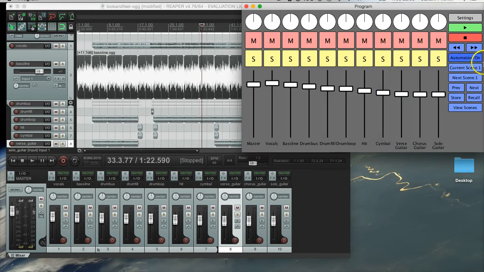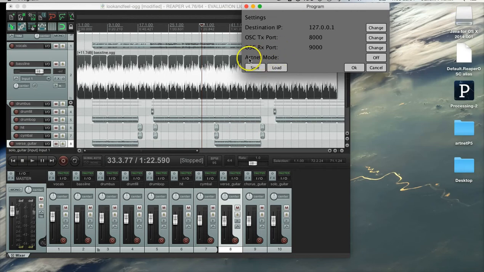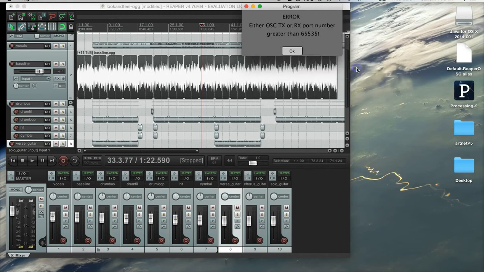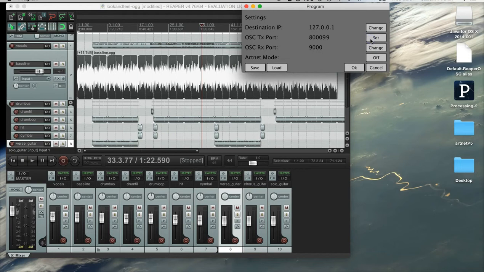Going back to my main page and going back to my settings, I also have the ability to save and load settings and change such items, like the destination IP as mentioned earlier. This again has error checking, so if I try and include a letter and then click OK, it tells me it's alpha characters, so I go and restore that. I obviously can't enter really high port numbers due to the restrictions in the TCP stack, so I set that back to 8,000. And also there's